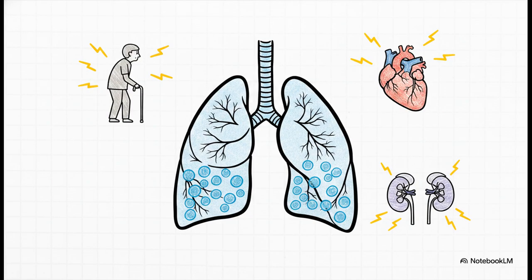Of course, the flu is serious on its own, but you've got to stay vigilant because it's usually the complications that actually bring patients into the ER. A massive clinical red flag to anticipate: secondary bacterial pneumonia. This is typically caused by streptococci and staphylococci, and it's especially dangerous for severely debilitated or elderly patients. You also need to keep a close eye out for cardiovascular and renal diseases, which can develop rapidly as complications